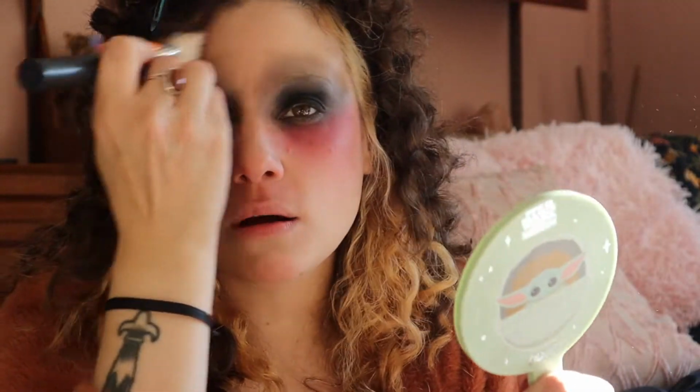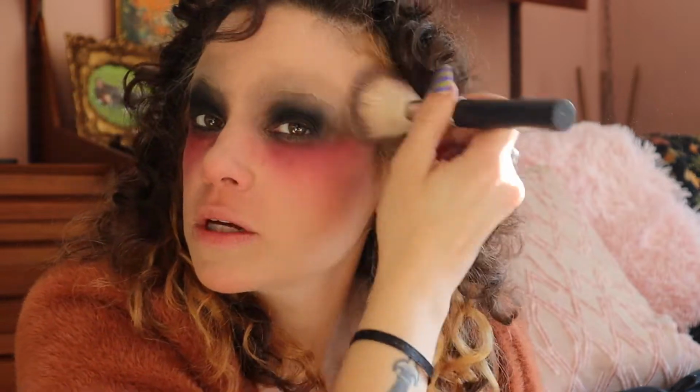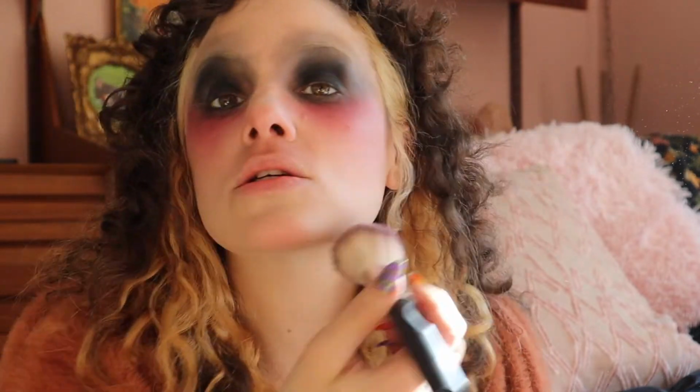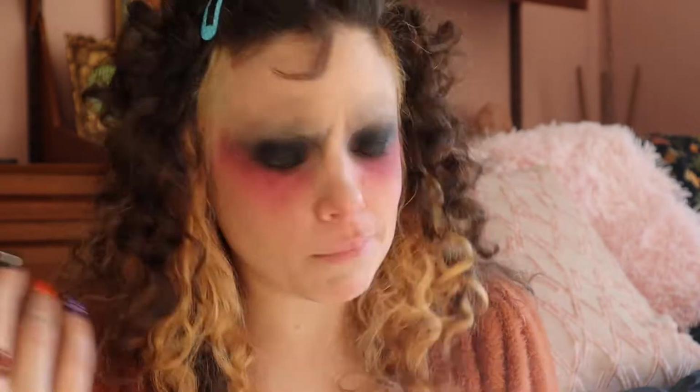So that is our look so far. I'm also gonna blend this out on my forehead a little better. This isn't perfect up here, but this will be covered by my bangs, so I'm not as concerned. Now we're gonna add some lashes, and I got these very big doll-like ones in my Colourpop mystery box, and